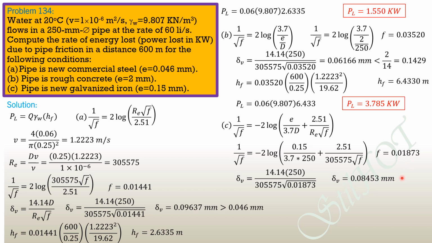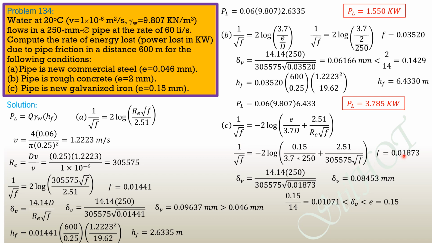0.08453 mm, which is greater than E over 14, greater than 0.15 over 14, but less than E. So 0.15 over 14, which is 0.01071, is less than the thickness of viscous sublayer, which is 0.08453, and 0.08453 mm is less than 0.15 mm. So this really proves that the pipe is in the transition from smooth to rough, and therefore we adapt this